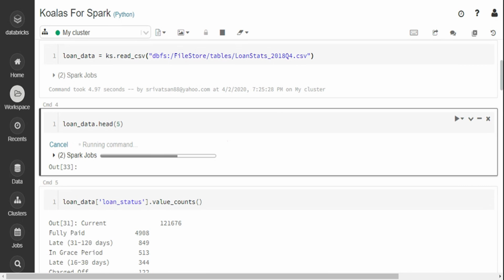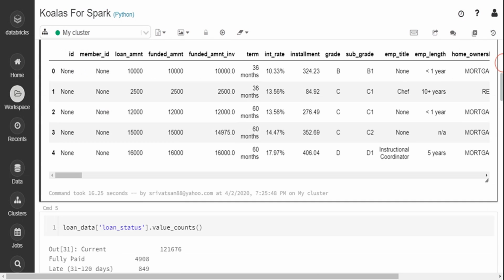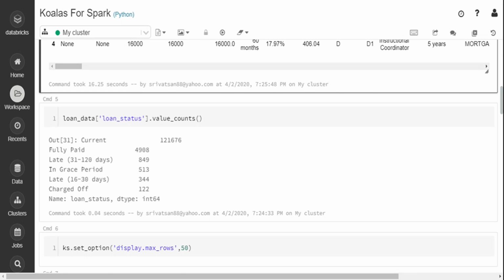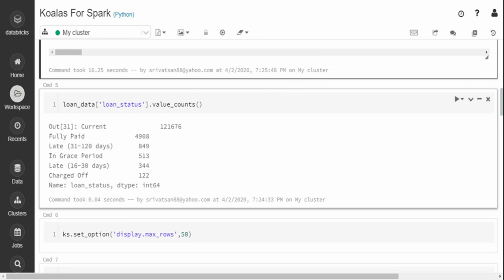The data set that I am selecting over here is not pretty large, so you may see Pandas slightly faster. But the idea is that when your data set is pretty large and cannot fit into a single system, Koalas will be very fast and very efficient because it is chunking your data and running in a more distributed way. All right, so now you can see the output of the Spark job and the same command, the value counts.